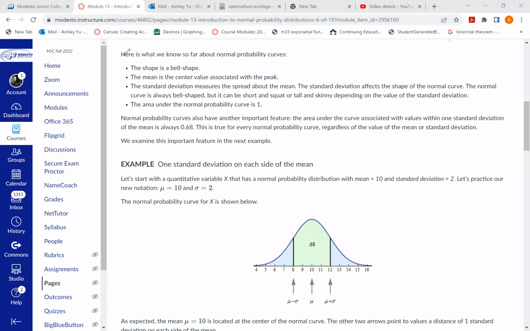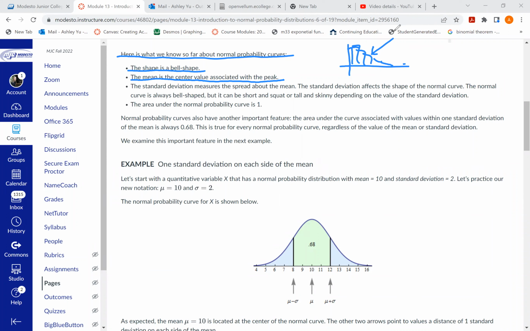Now let's review a little bit about what we know about these normal probability curves. The shape is a bell shape. Also, the mean is the center value associated with the peak, as opposed to curves we saw a long time ago with previous modules. They weren't really bell shaped. They were kind of skewed right or skewed left. Sometimes when they're skewed right or skewed left, the mean won't be the highest peak. It'll be somewhere between. But as long as it's a bell-shaped curve, the peak of it should be the mean